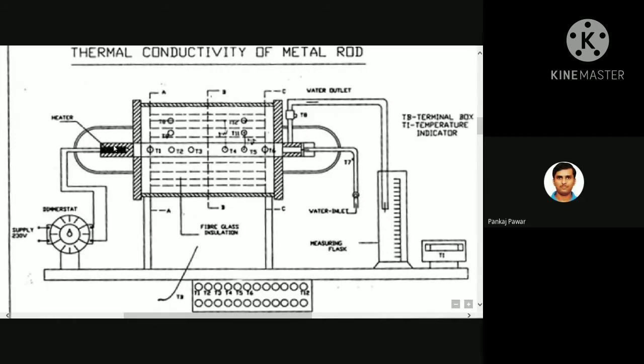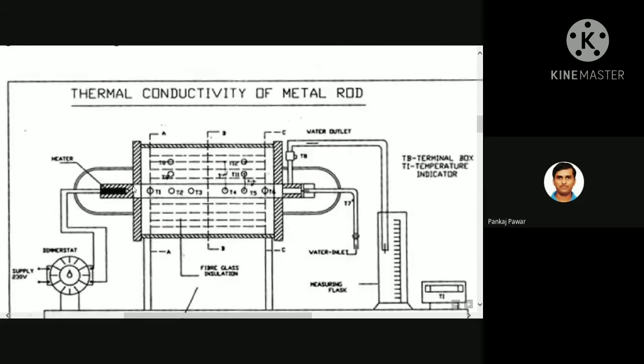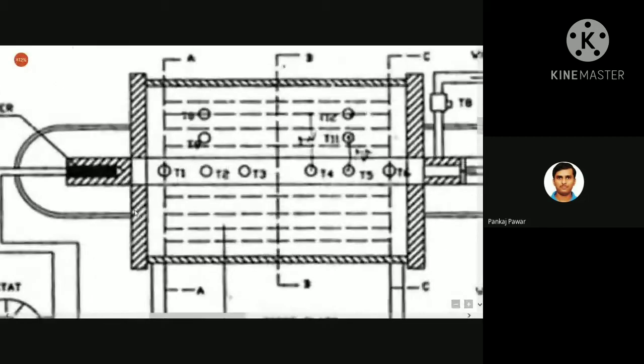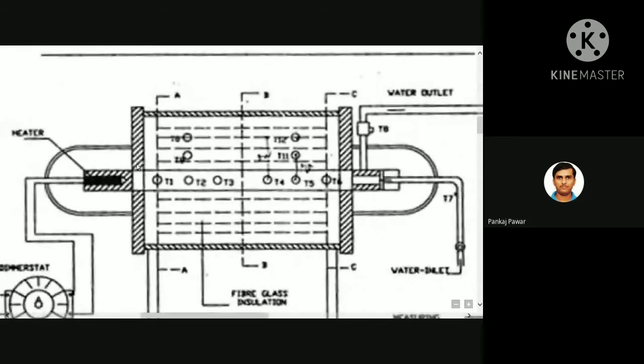Okay, so here we are going to heat this metallic rod on the left side with the help of this heater. The connection to the heater is given with the help of the dimmerstat. So you can adjust the heat input here on the left side. Did you get this portion, up to these hatching lines, these vertical hatching lines? Do you see these vertical hatching lines here?